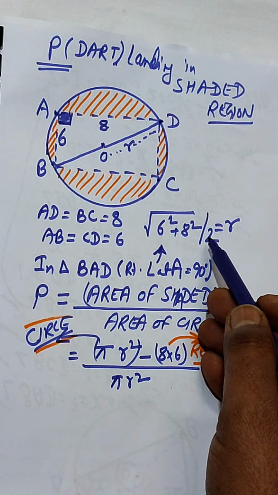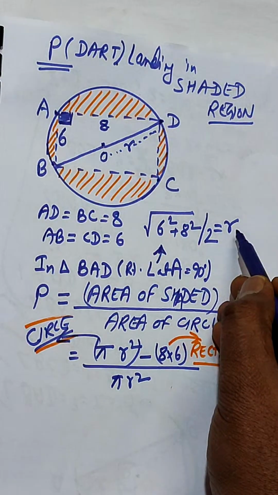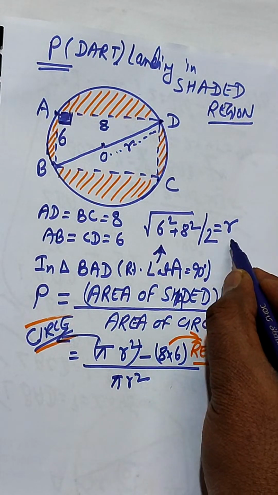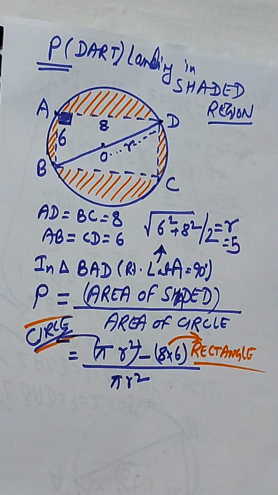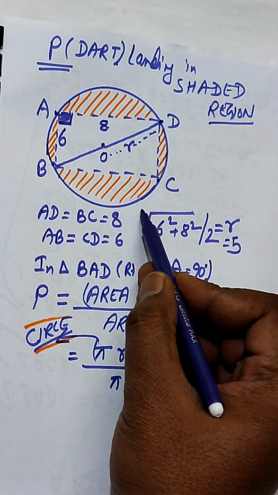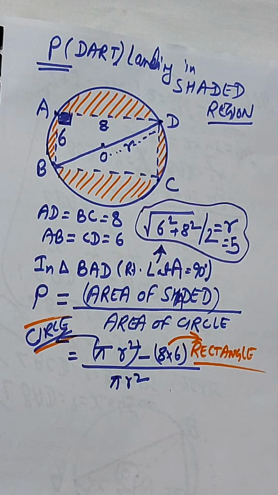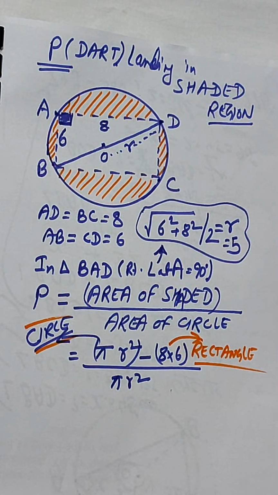I hope you are getting it. 10 by 2 is 5, and the value of radius is equal to 5, right? So if this radius is calculated as 5 by using the Pythagoras,